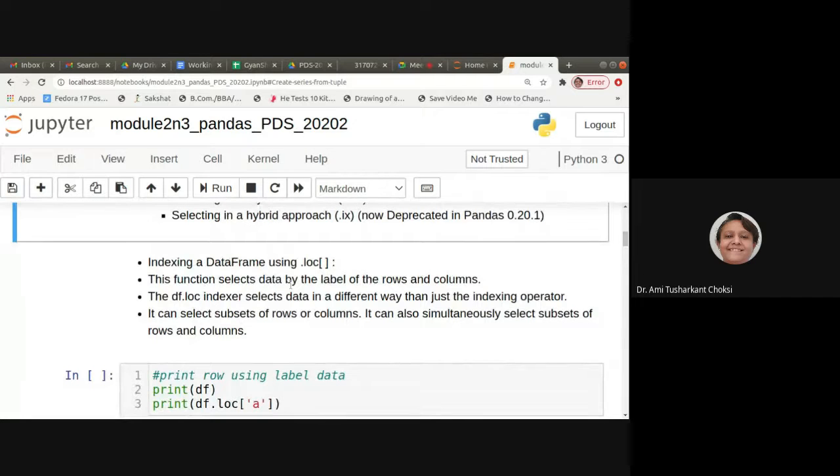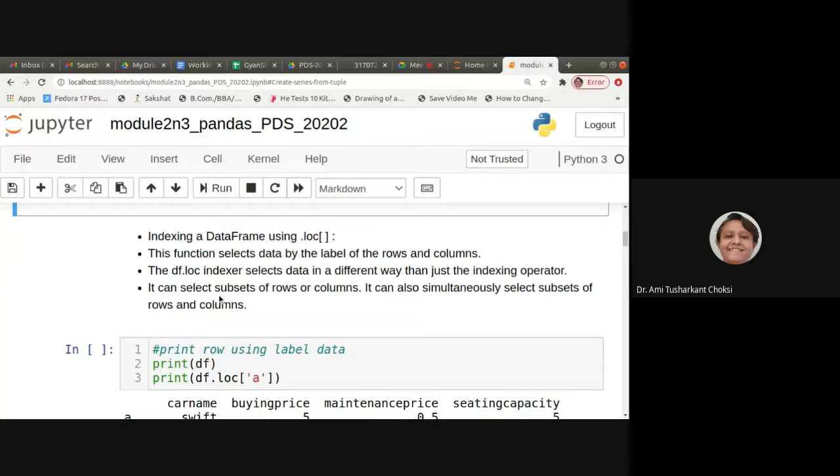This function selects the data by label of the rows and columns. df.loc indexes and selects data in a different way than just the indexing operator. It can select a subset of rows or columns. It can also simultaneously select subsets of rows and columns.